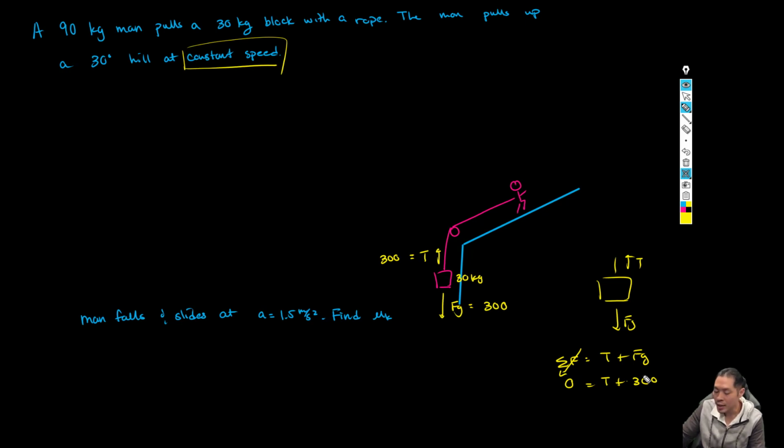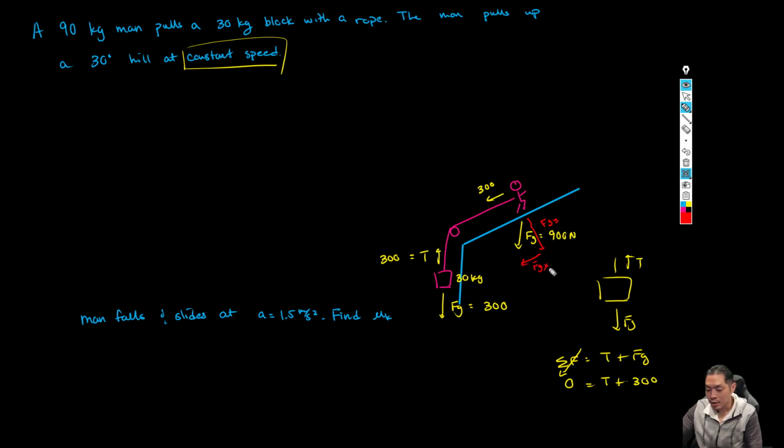Tension pulls the same on both sides, so that means the tension here is 300, but it's going to be in the opposite direction. And then the man right here is experiencing a few forces. He is experiencing force of gravity on him, and that is 90 times 10, so 900 newtons. But you'll notice that this force of gravity is straight down while he's going up an incline. So technically, you could break apart